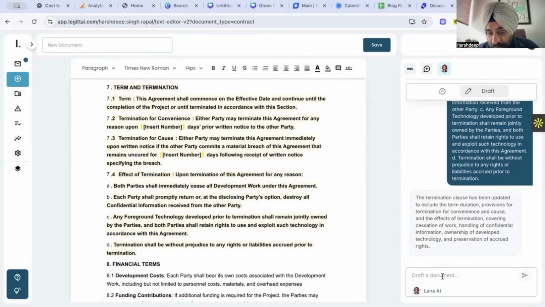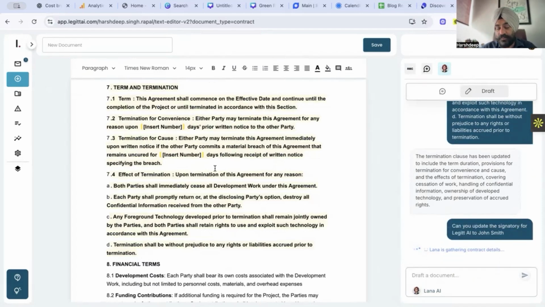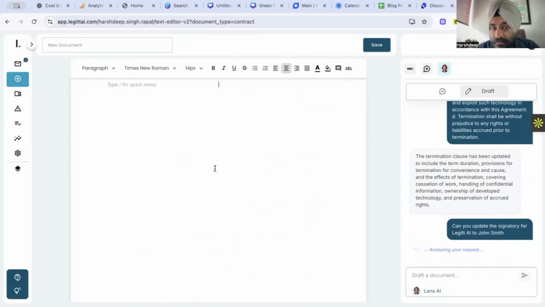Or you can directly ask from here, okay, can you change, or let me say update, signatory for Legitt AI to John Smith. Just click here, give it a few seconds, and it'll update the document. And